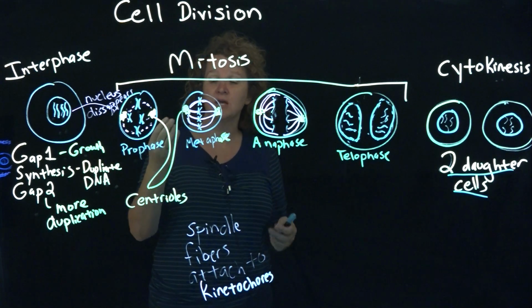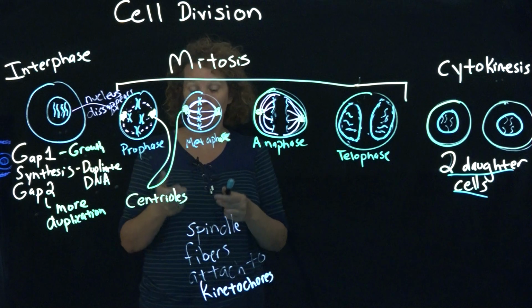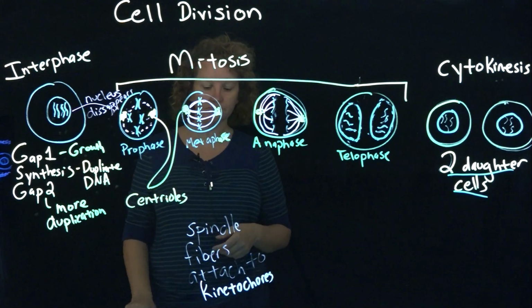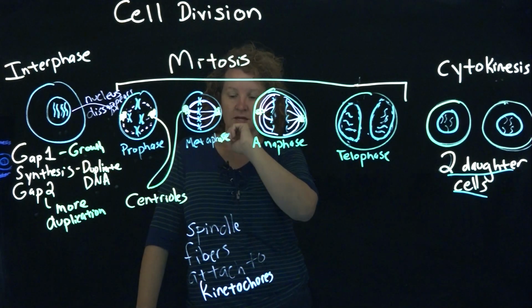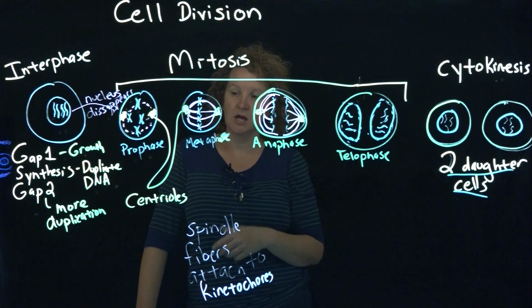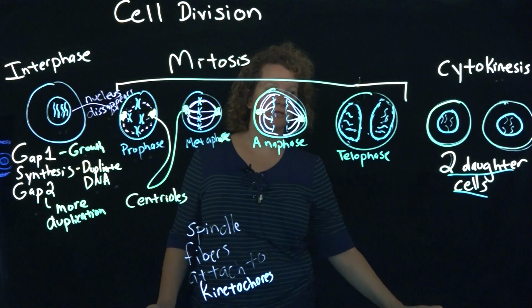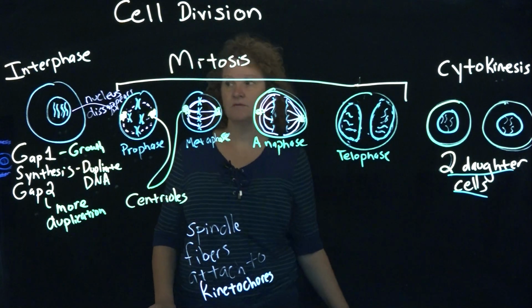And some texts will even put intermediate phases, like between prophase and metaphase. There's something called prometaphase that shows how we get from here to here. Keep in mind that the kinetochores, which I've outlined in a different video, are very key in this process, and that spindle fiber attachment is pretty key. Other than that, we're looking at duplicating, pulling apart, and then separating the two cells into two new daughter cells. That's all I have for the cell division process.